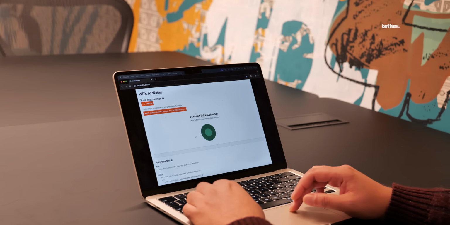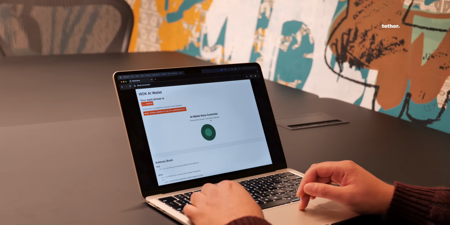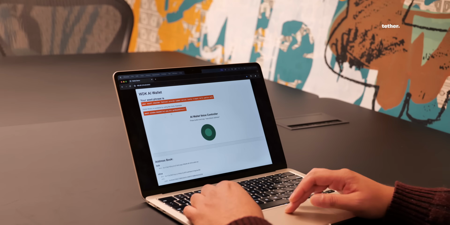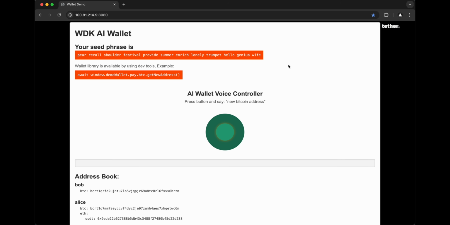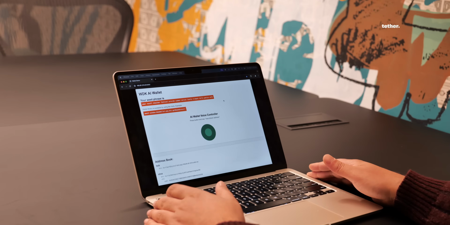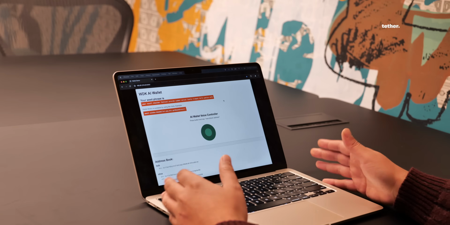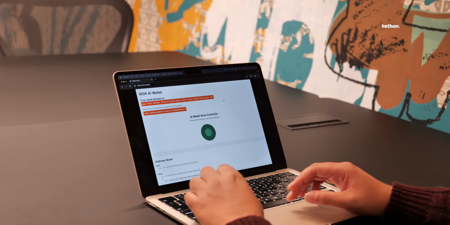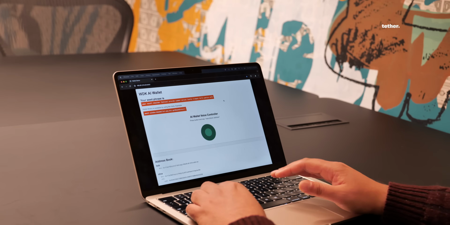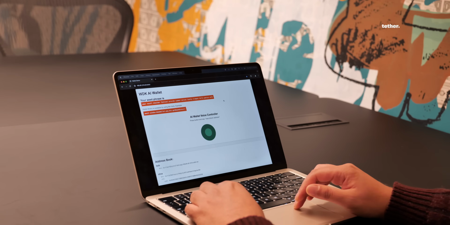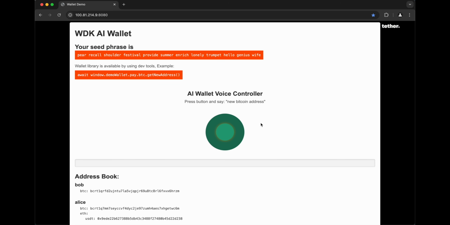So when you run the application for the first time, it's currently loaded with a seed phrase. The seed phrase is shown, and when the application loads, it uses WDK behind the scenes to sync with the blockchains, Bitcoin, Ethereum, whatever asset the seed phrase is holding. And then once it's all set up, you can start talking to it by just pressing this